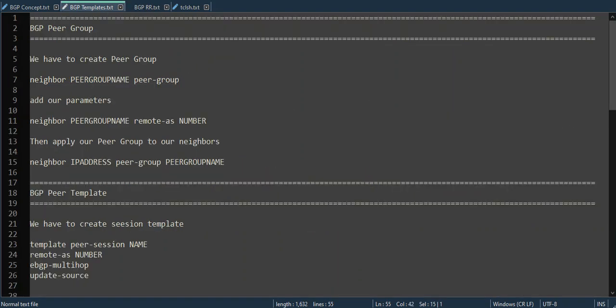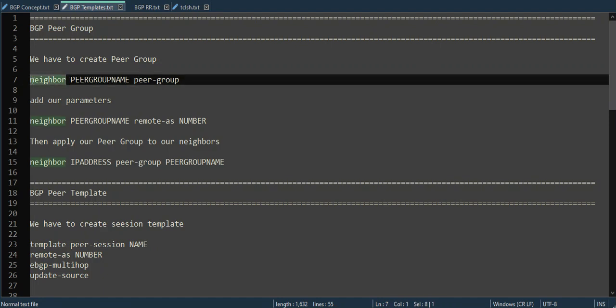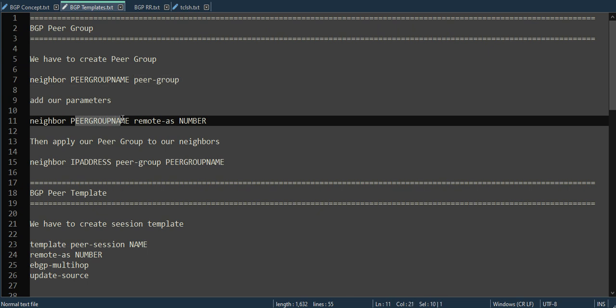Okay, now let's see the last concept, BGP Dynamic Neighbor and Peer Group. To configure a BGP peer group, we can create a peer group by this command: neighbor, peer group name, peer-group. We first specify the peer group name, and we specify peer-group, and we specify peer group parameters by neighbor, peer group name, and then parameters like remote-as, update-source, and